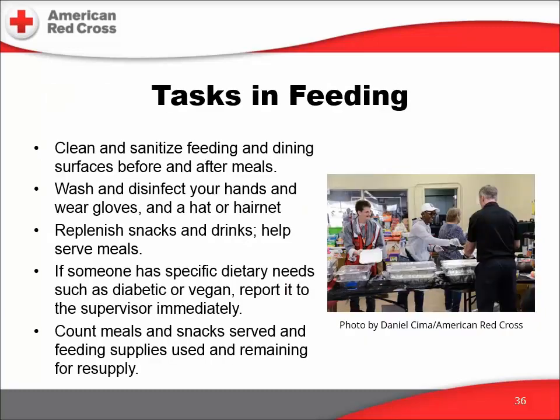Tasks in feeding. At times, shelter service workers may be asked to help create and keep clients in an orderly feeding line and follow sanitary practices at the service table. Some key tasks to perform in support of feeding shelter clients are clean and sanitize feeding and dining surfaces before and after meals, wash and disinfect your hands and wear gloves and a hat or hairnet, replenish snacks and drinks,